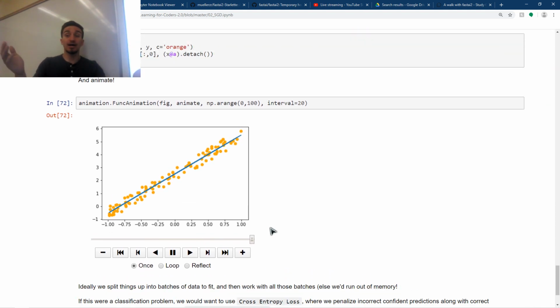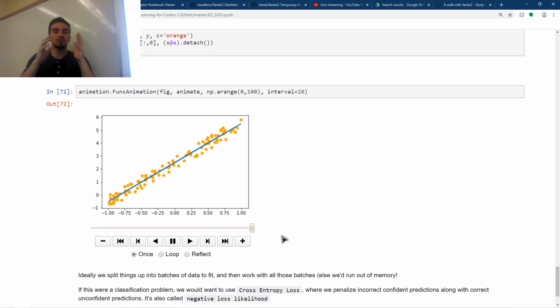We're fitting to the line as best as we can. Now ideally, we want to split up our data into a series of batches and then fit, instead of here where we kind of just loaded everything all at once and fit. Most of the time, this is due to memory issues. If we have too high a batch, then you're going to get a CUDA memory error, and you've got to